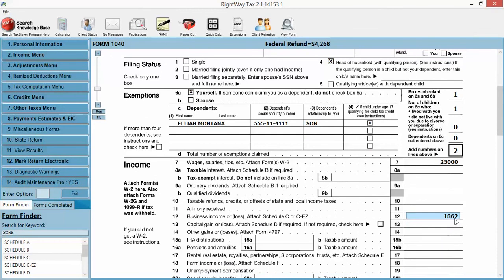Good deal. So that is just a quick overview of how to input Schedule C, what it's for, how to access it. We will also have another video talking about depreciation. So keep watching. Thank you very much, and